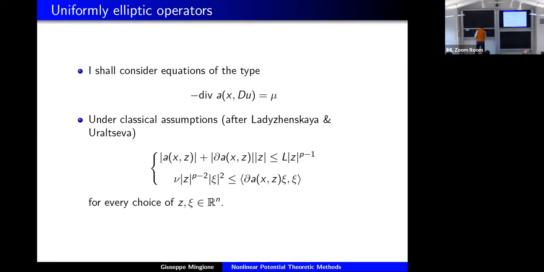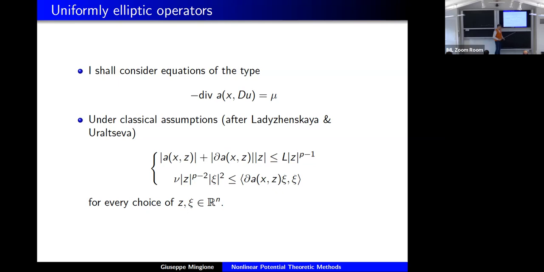Of course, the main model example is the p-Laplacian operator with coefficients. So you can put coefficients that are elliptic, and you put mu or something like this. These are very standard, so I'm not going to comment a lot. So think of this equation, but think of any general equation modeled after this. Okay, so